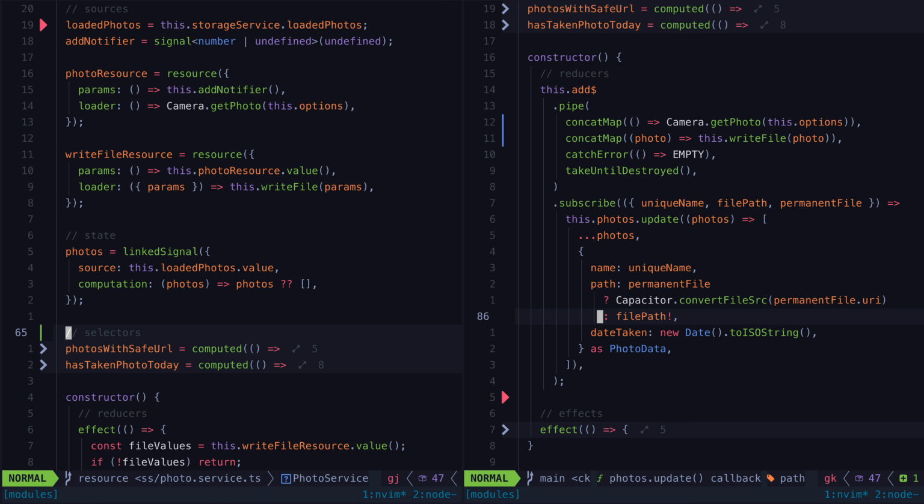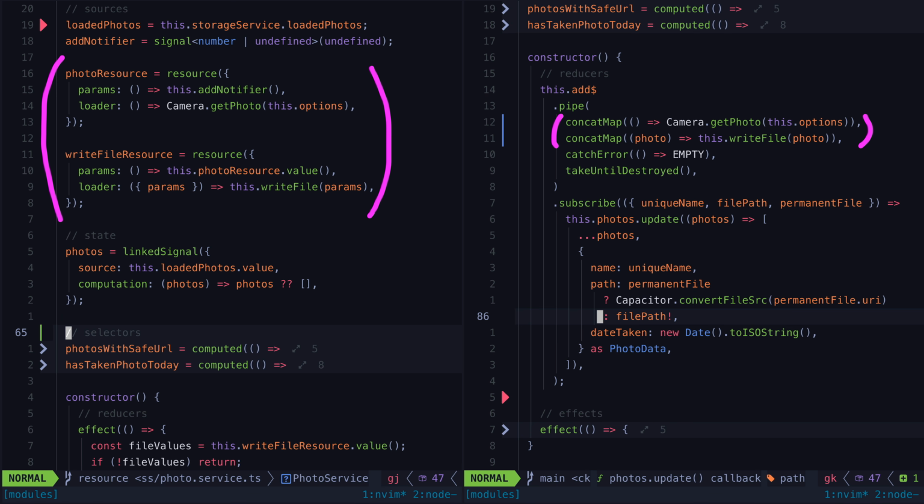In the original observables-based code, we were using concatMap for the data flow. This means that if a new photo is triggered before the previous one has finished being processed, the pipeline will basically just wait for the first photo to be entirely processed and then proceed to the next one. RxJS has a whole range of different operators for handling these scenarios in any way you want. You don't get that level of control with the signals-based flow. With the signals approach, if the add source is triggered again before a previous request has finished, then the existing in-flight requests will just be cancelled and it will switch to the new